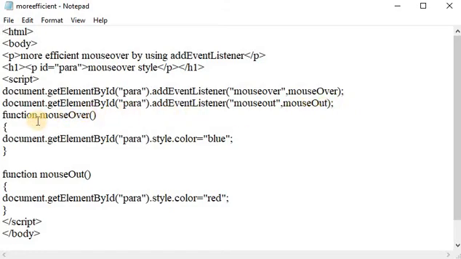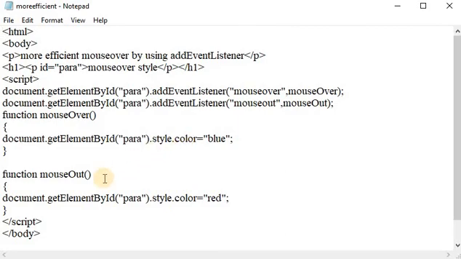Here in that function, the document.getElementById method is used, and here we use the style property with the color.